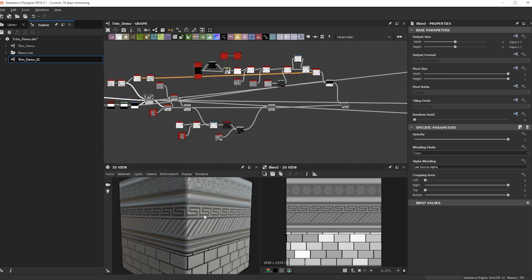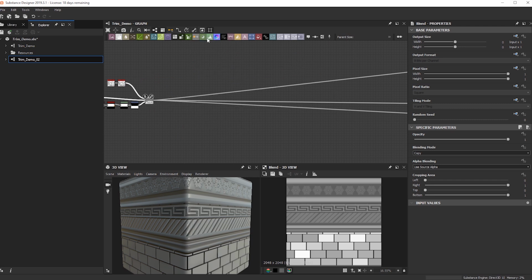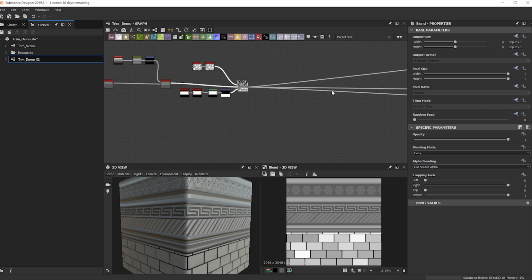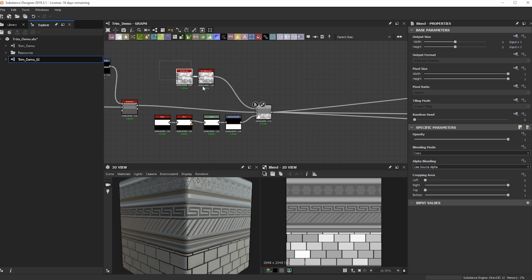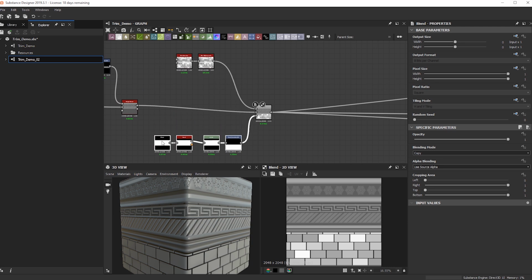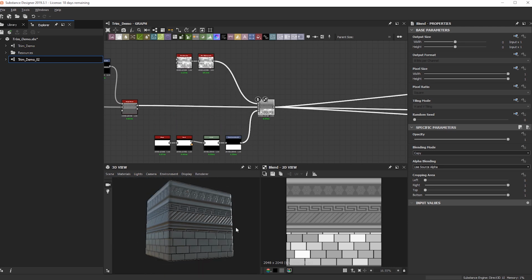And there's a cool node inside of Substance Designer that gets rid of everything that isn't connected. You can go onto the little toolbar here and just hit clean. And there we go. All the nodes that we aren't using are pretty much deleted. So it's a nice way to quickly optimize your graph.